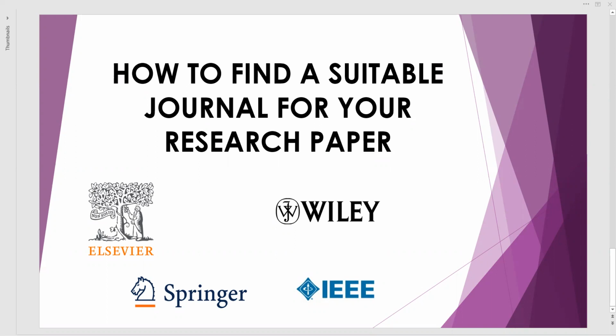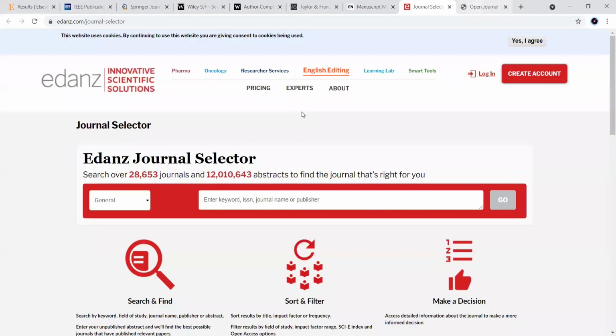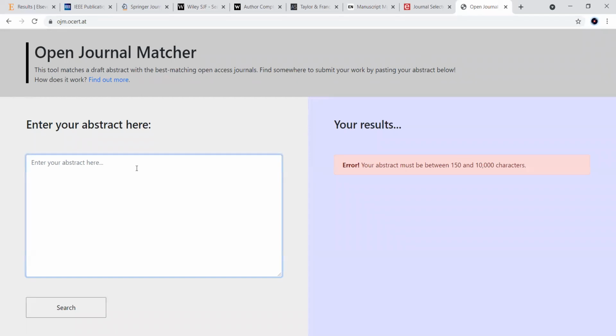Like that, we can search for the journals.